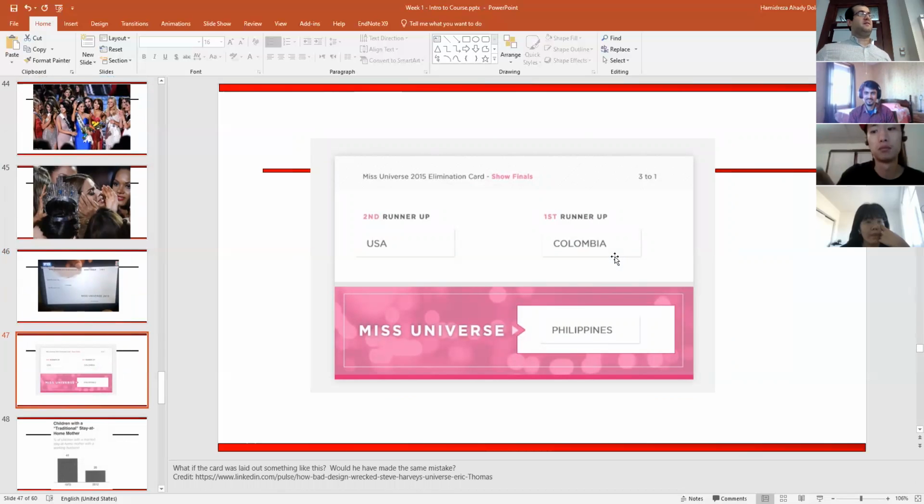You know, probably if they look at this card now, there is a certain location with a different color saying which one is the Miss Universe. Probably if they did this, he never made any mistake, because here it is obvious, and Philippines is the most eye-catching word. Probably he never made any mistake for that. Or you can propose a better visualization.